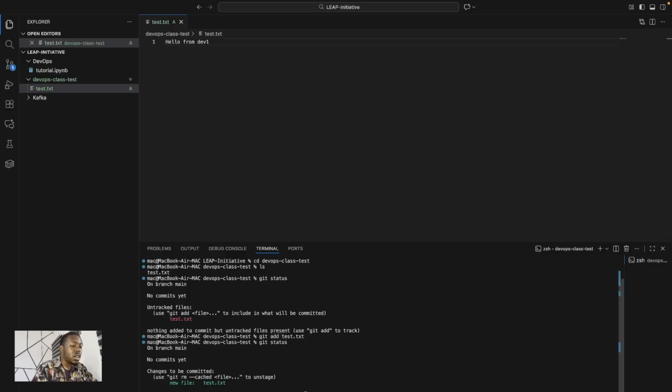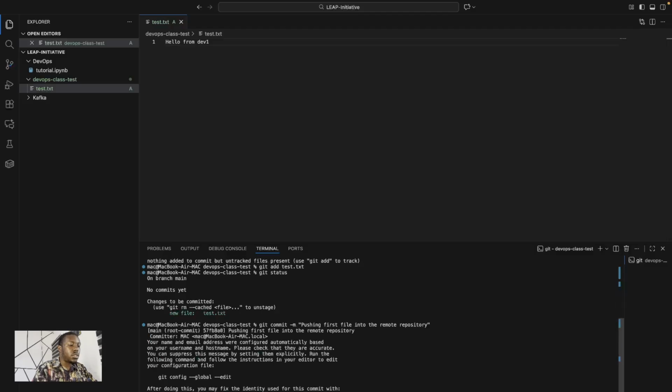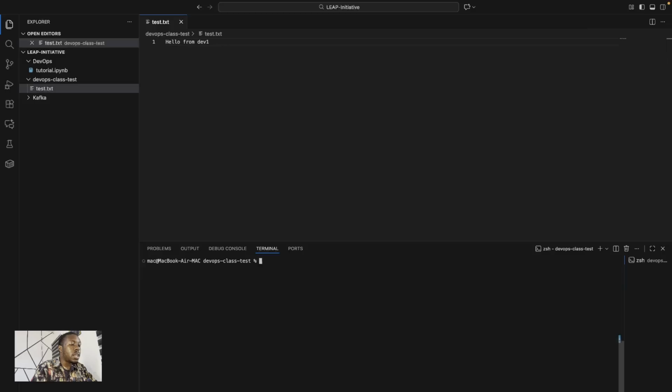We can say, pushing first file into the remote repository. Now this file has been committed. Now to push this file, let me clear the terminal. Then we run the last command, git push